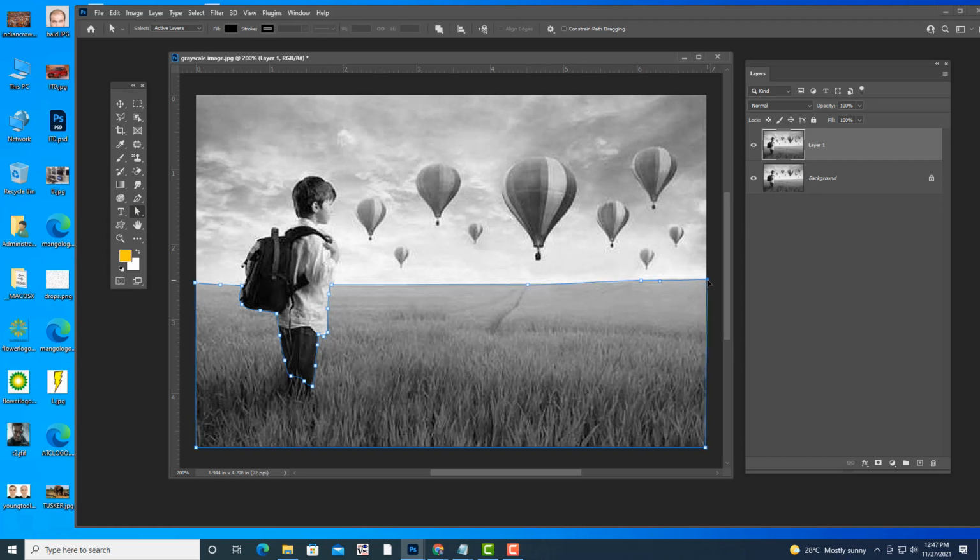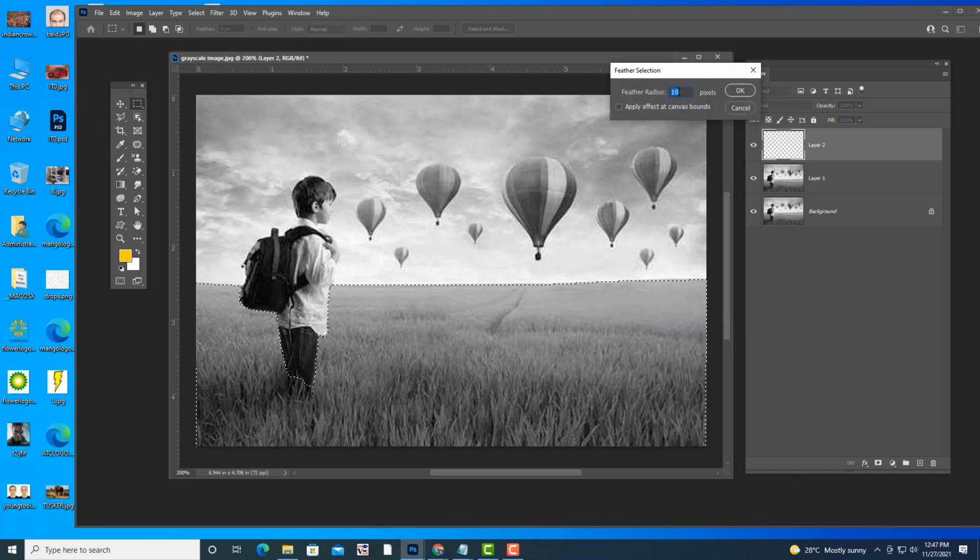Then take a new layer. See, this is very important. Don't do it in the same layer. In the new layer, first we turn it into a selection, then we give a small amount of feather. I think 3 is enough.